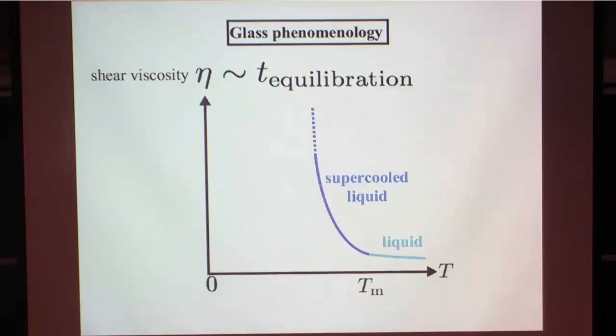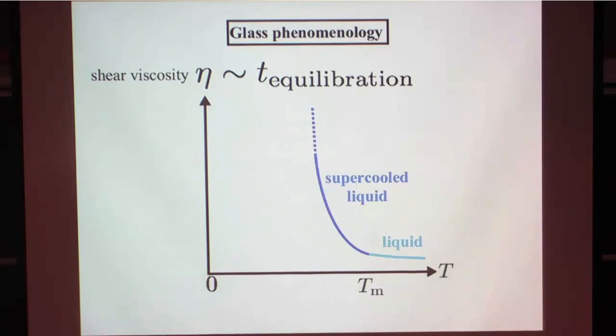To answer that question, let me look at the dynamics of this system. Here's the shear viscosity as a function of temperature. Shear viscosity basically measures the time scale in your system. The more viscous it is, the more time it takes for the system to respond. Honey is pretty viscous. If you put the jar upside down, it takes a long time for the honey to fall out. Whereas water is smooth, so it just goes down.